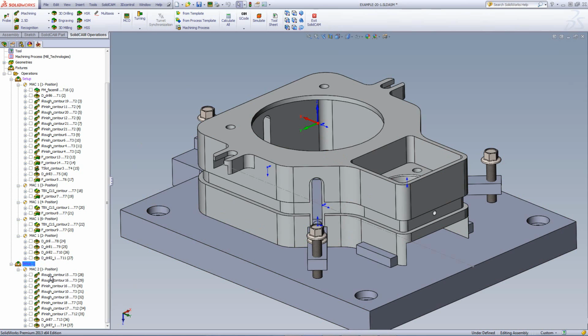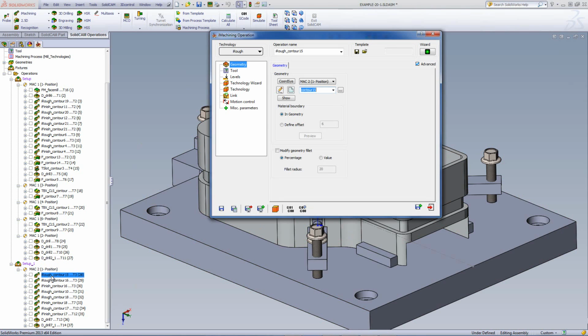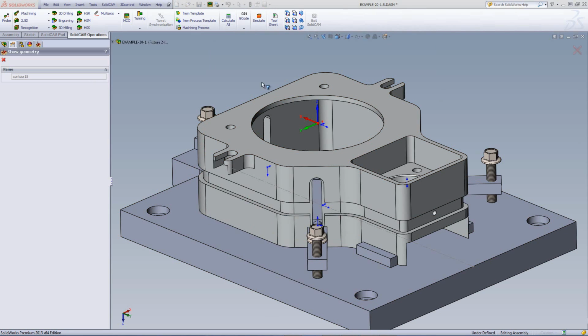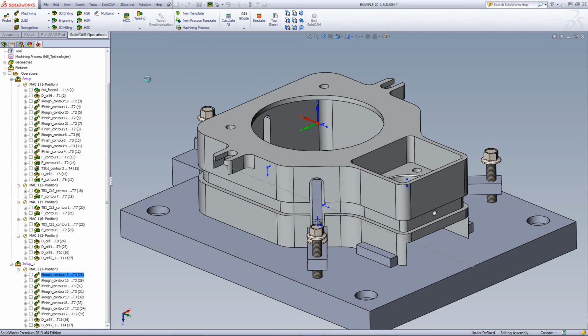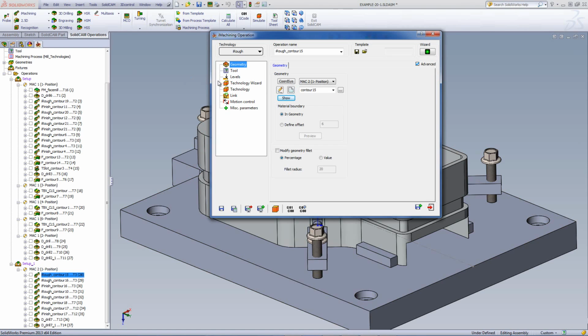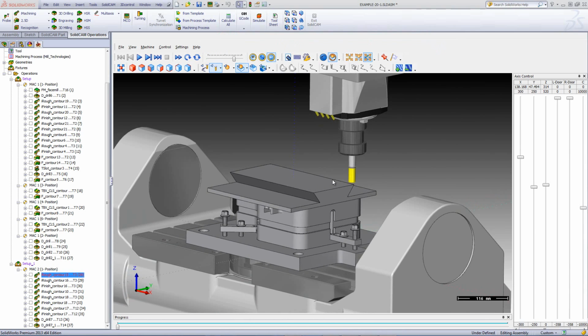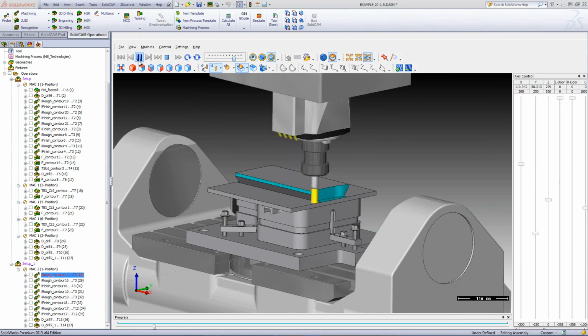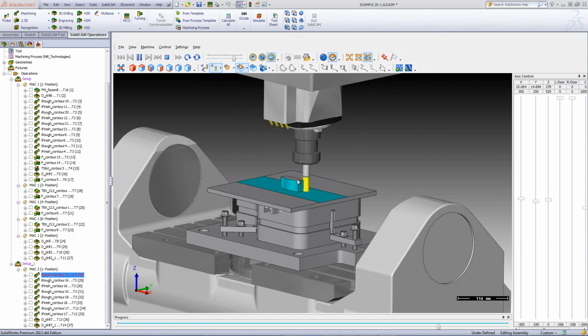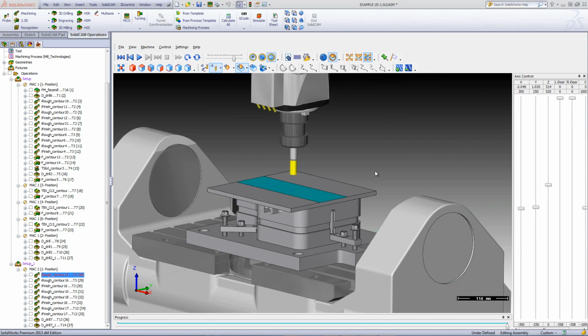If I were to go into the operation itself, I used an eye machining operation to get rid of the material that was left on top itself. Now, the material that was left on top, if we take a look at our simulation, was actually this area over here. So my geometry was actually made just to go around this area, clearing up this excess material over here. Running the simulation, you'll see that the eye machining works just on that area over there, cleaning it up